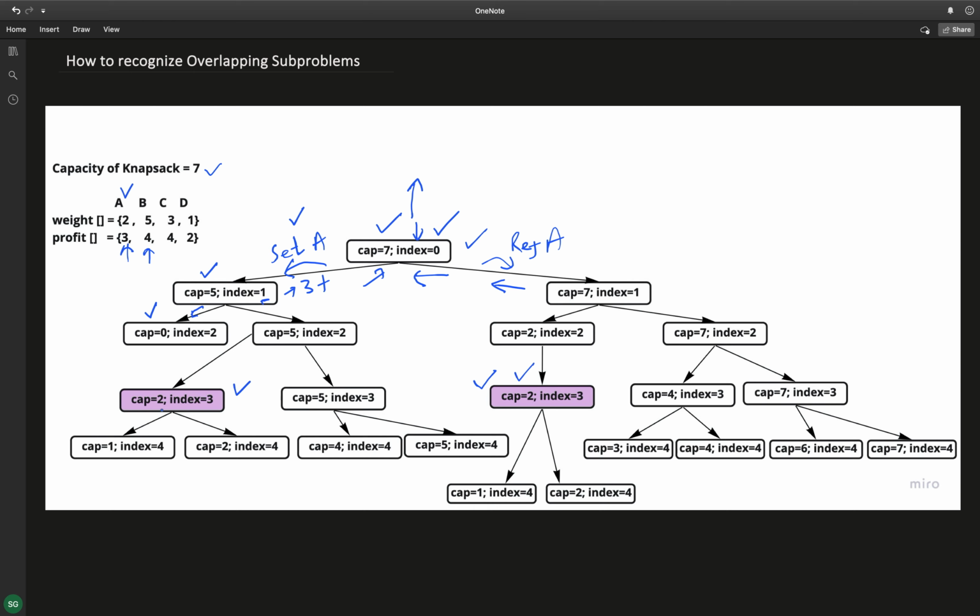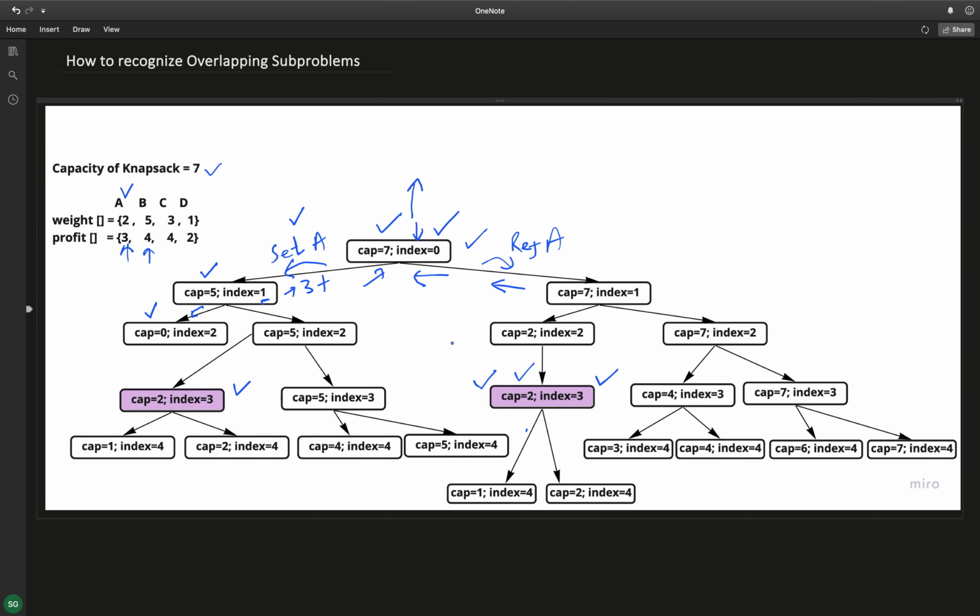If we would have cached this value in some collection, there is no need to calculate it again. So these branches could have been skipped if we had cached this value, and that cached value should be used here as well. We will see how we can cache these values in the code also.